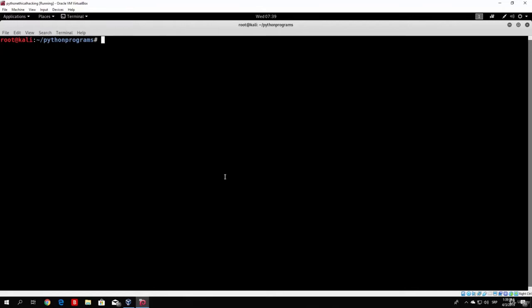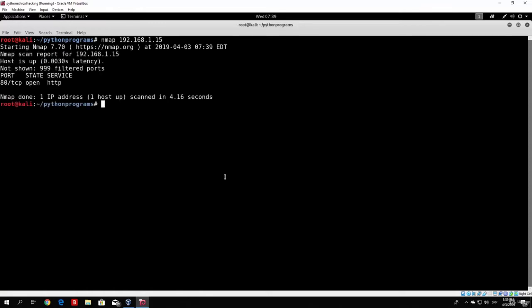Now, in order to do that simply in Kali Linux, you just type here nmap and then the IP address or the host name of the target. So if you just type here nmap and then let's say we use the IP address of my laptop, which is 192.168.1.15, which I checked out right now, and if I just try to scan it, which I can do with this command, it will just scan my laptop for the open ports, and as we can see it finished relatively fast, and it found an open port which is port 80, which services the